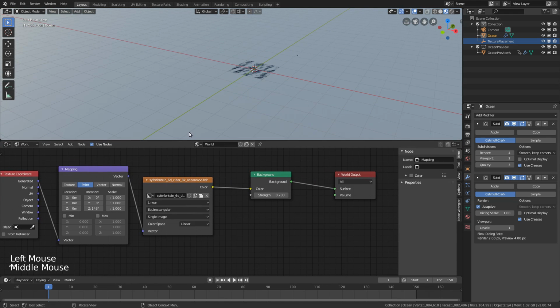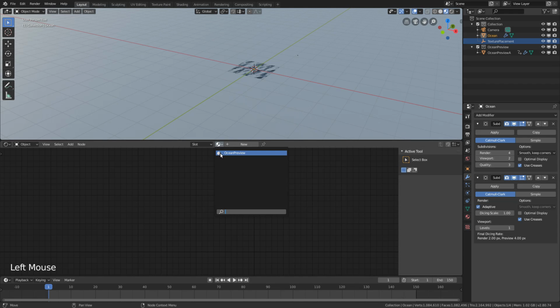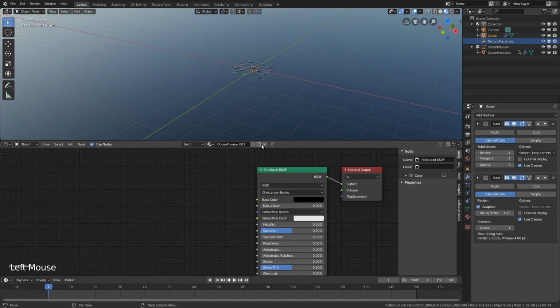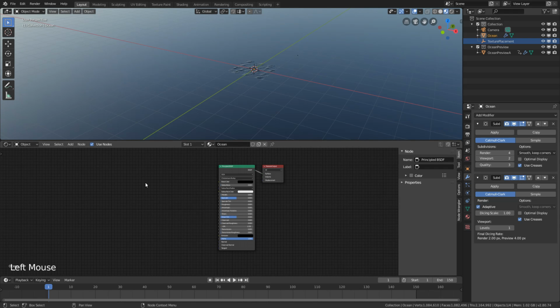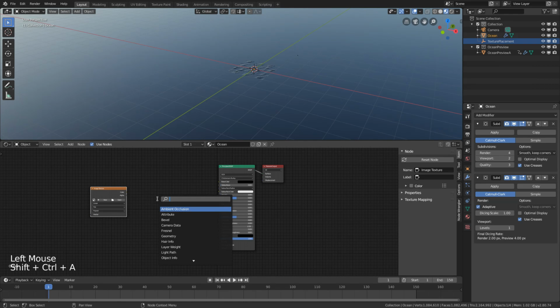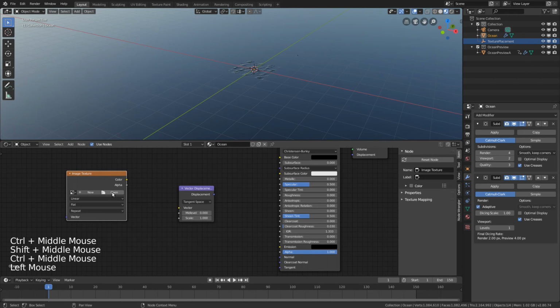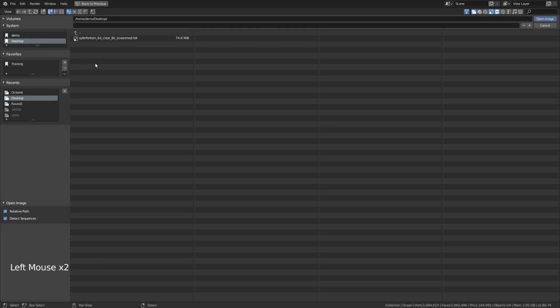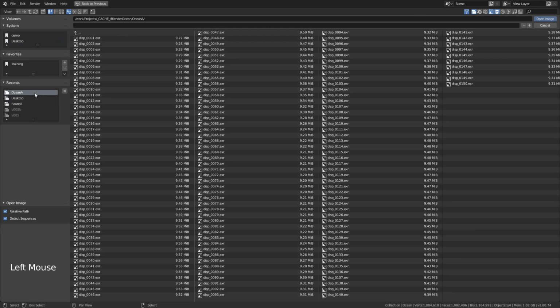So drag this guy up a bit. We want to go back into object mode. We'll pick our ocean preview shader and then just duplicate it. Name it just ocean. Now we want to go Control-Shift-A in here, add our image texture, Control-Shift-A again, add a vector displacement node. In our image texture, we want to go and pick our ocean displacement map that came out of the ocean